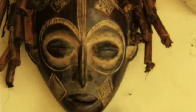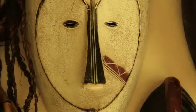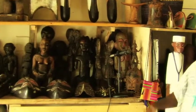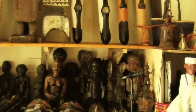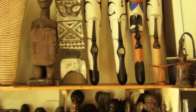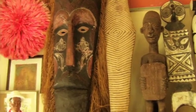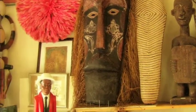We have a lot of marks here. They're from different countries, especially from West Africa. We have some from Ghana, Mali, Ivory Coast. So if anybody is in South Africa, can visit our gallery, and we can also play drum for the person. This is